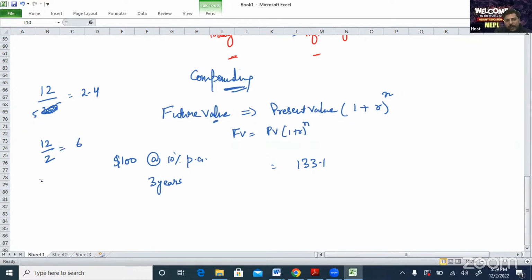And for example, if I do 12 divided by 7, what will happen? 7 ones are 7, then 7 sevens are 49, then again 7 ones are 7, then again 7 1 4. So like this it will continue.